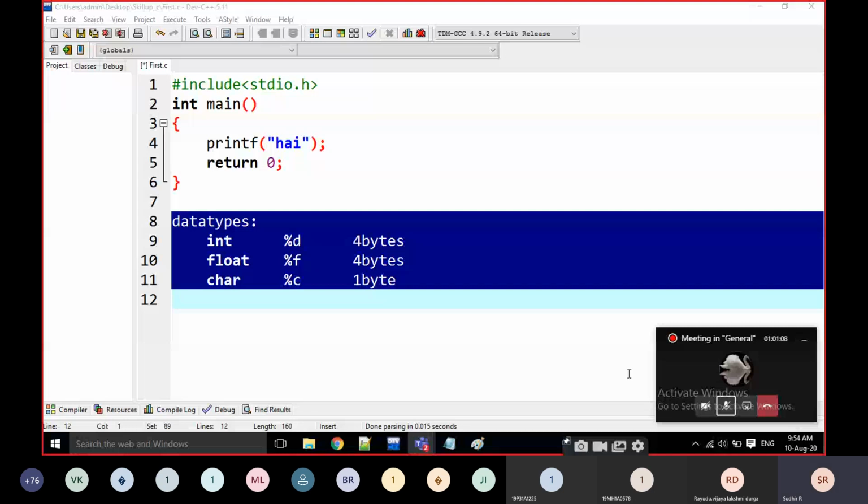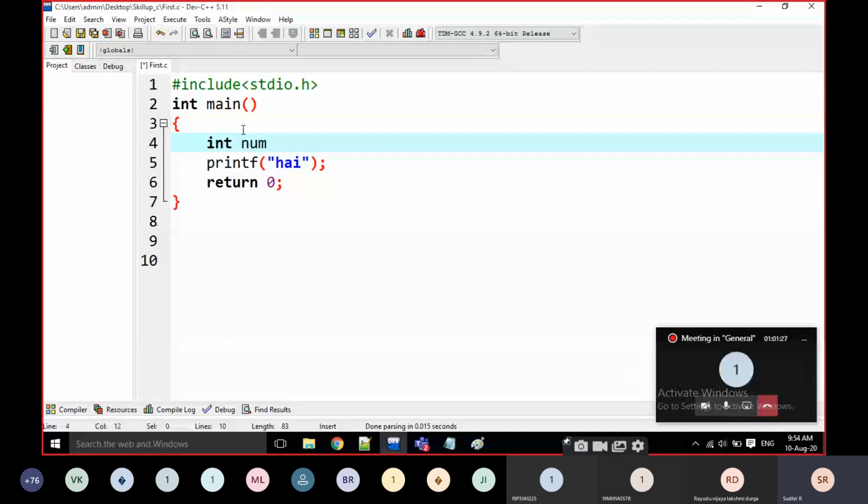Okay, now I'm going to clear this data types chart. Now I am going to take int num is equal to 100. Here I am taking int num is equal to 100.